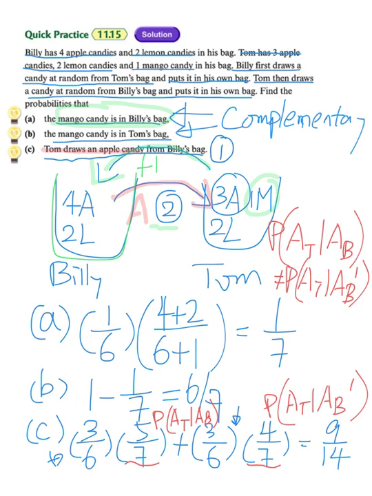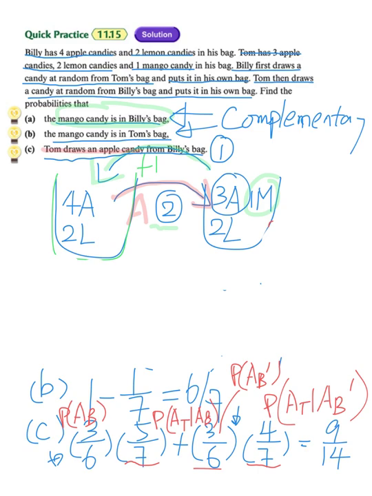Now this first 3/6, the meaning is Billy getting an apple candy. Okay, and then this 3/6 is actually Billy cannot get the apple candy. That means, for part C,